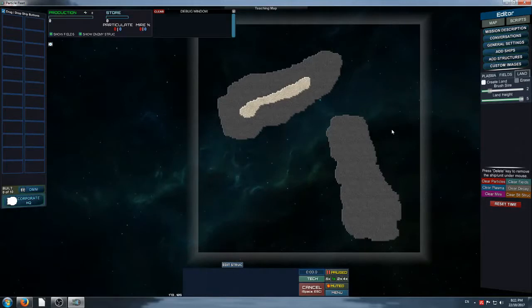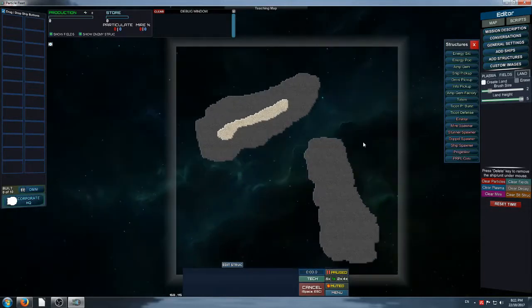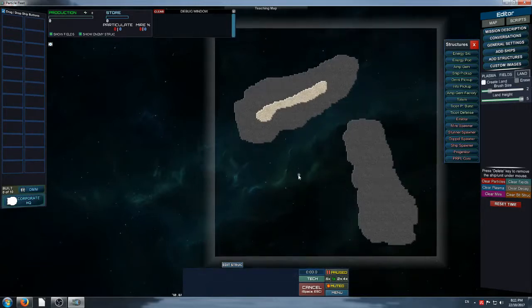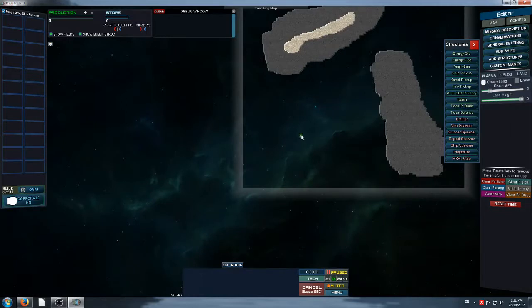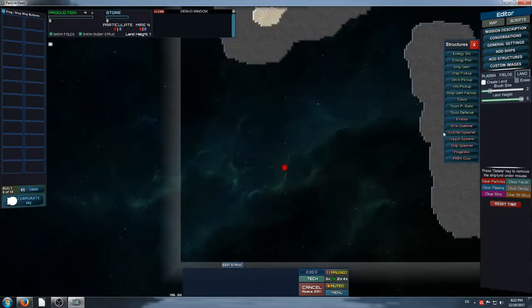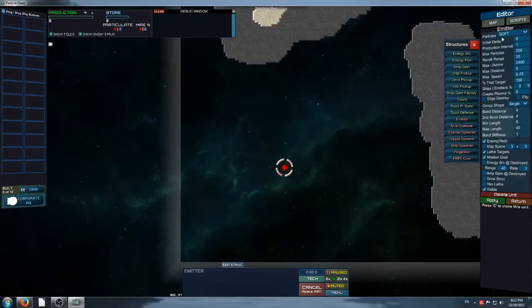So let's put your first enemy in. You press add structure, and you want an emitter. I decide I'm going to put my main starting base around here. So let's put your first, or your only, enemy right here. Now I placed a single emitter, and if you click it, this editor panel will show you the properties you can change. So you have your particle type, soft, medium, hard, and your initial delay, so how long it waits before it